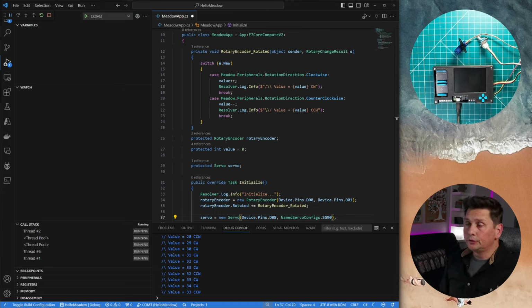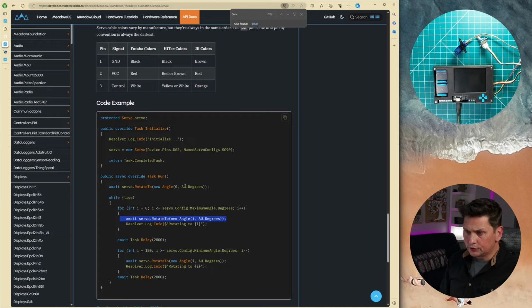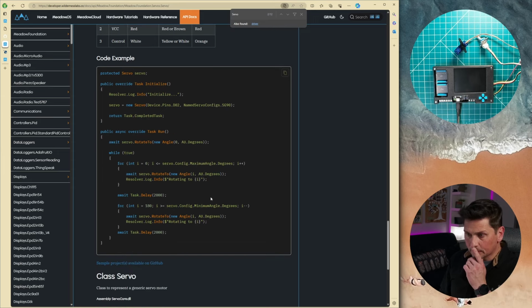In order to do that, I will have to look in the documentation on how you set the angle, right? So there's a notion of RotateTo with an angle, okay? And it's using a specific namespace for the degrees. Okay, let's see what I can do with that one. So what I want to do is go to my code.